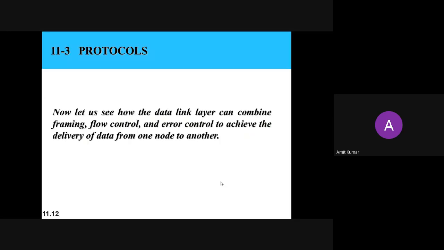Now the third topic here is protocol. When you are sending the data, you need to follow some protocols. You can classify the protocols into two categories: one for the noisy channel and the second for the noiseless channel.